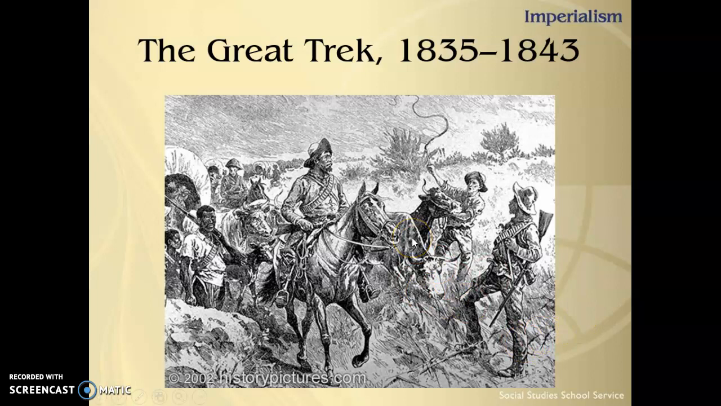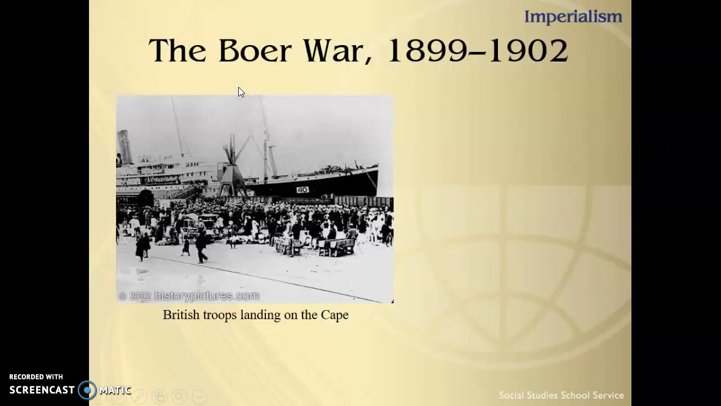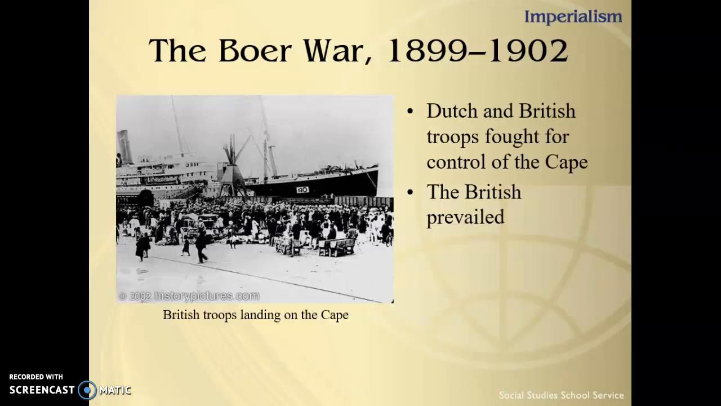But what's going to happen later on is you're going to have the discovery of diamonds and gold in 1867, discovered in southern Africa in the areas that the Boers controlled. And the British are going to become very interested in the discovery of these two items, diamonds and gold. And it's going to lead to the Boer War, which is going to take place between 1899 and 1902. The Dutch and British are going to fight for control over the Cape, and the British are